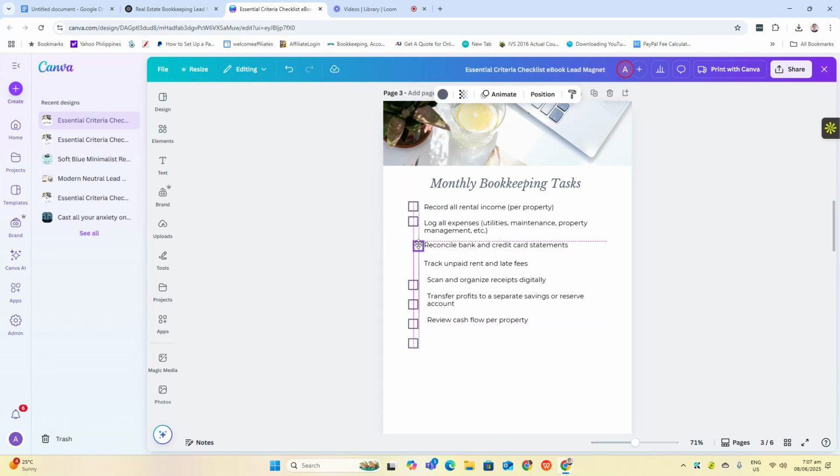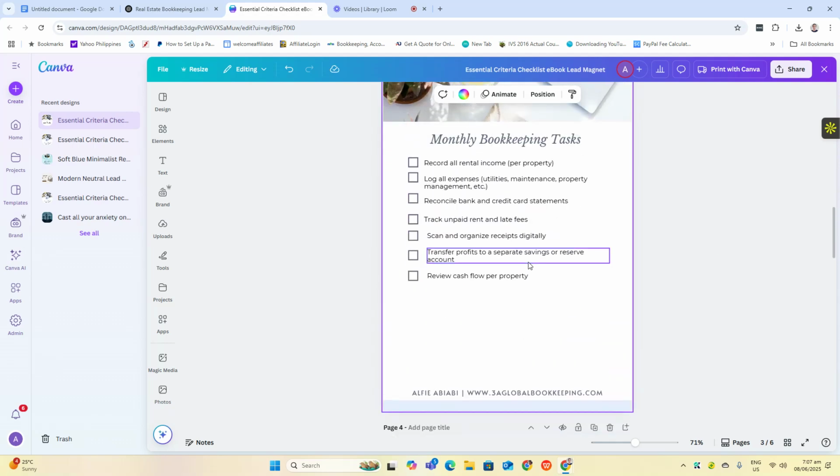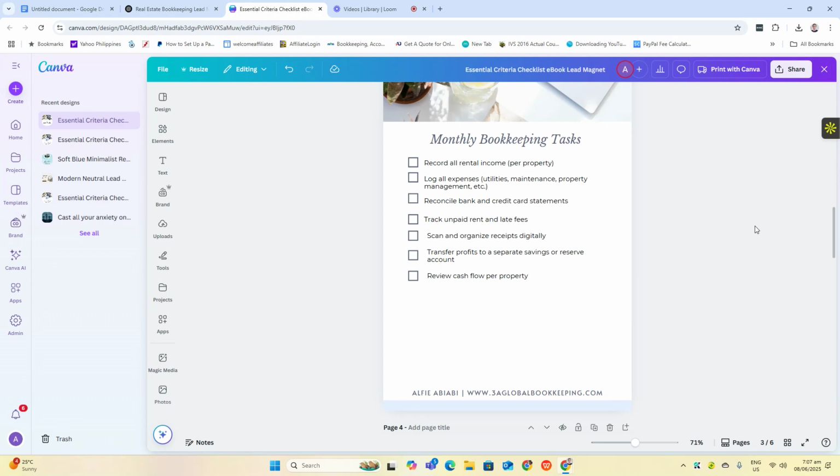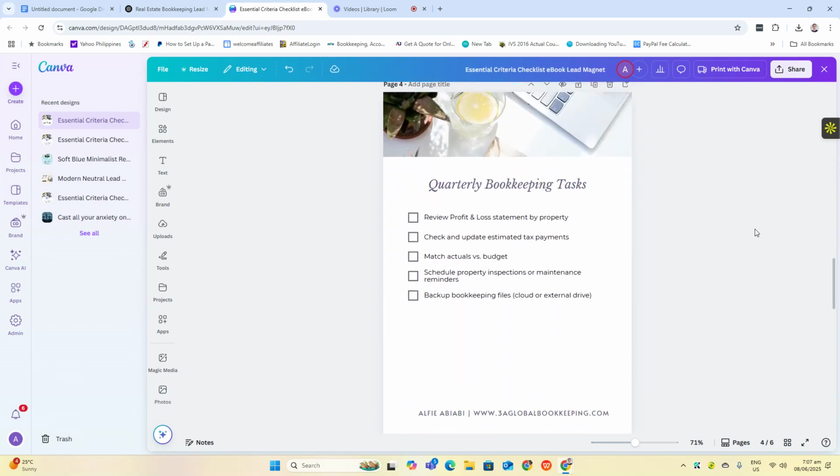Log all expenses, reconcile, track, scan, track, view, and then, okay. I think I'd better stick to this one.